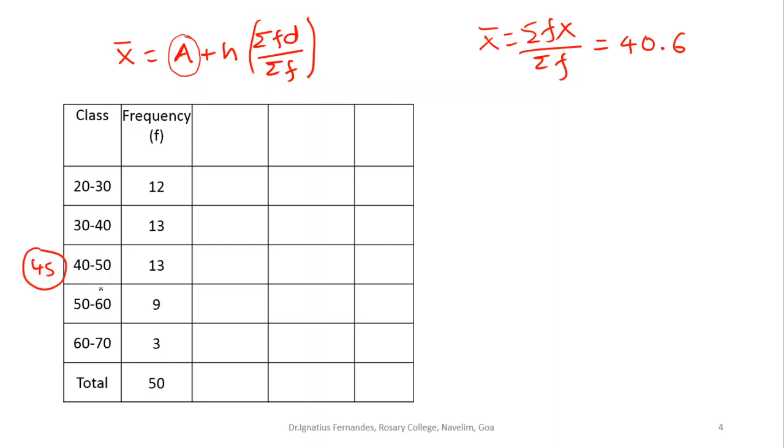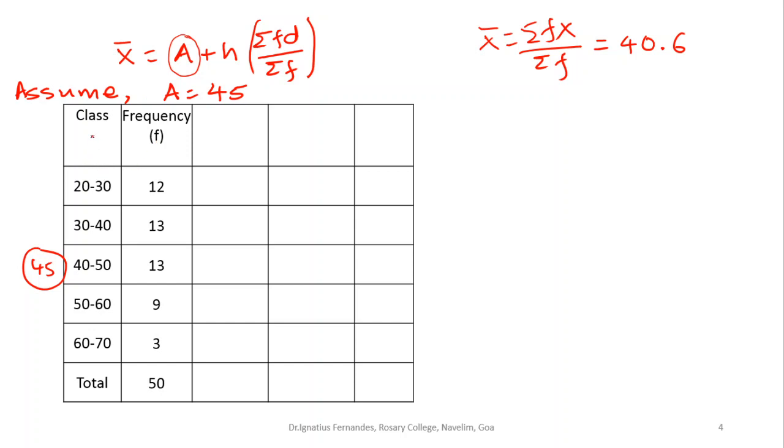We prefer considering an intermediate value because then it serves the purpose of simplifying the process. So we assume a mean, and in this case we assume it to be 45. So the assumed mean a is equal to 45.